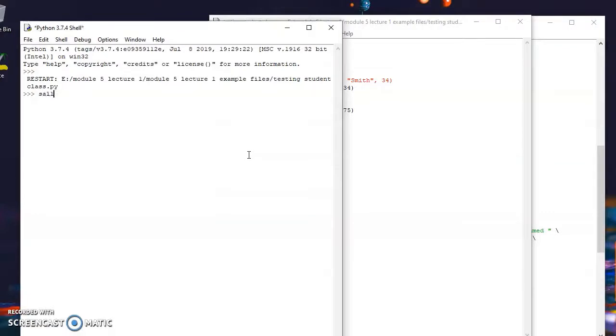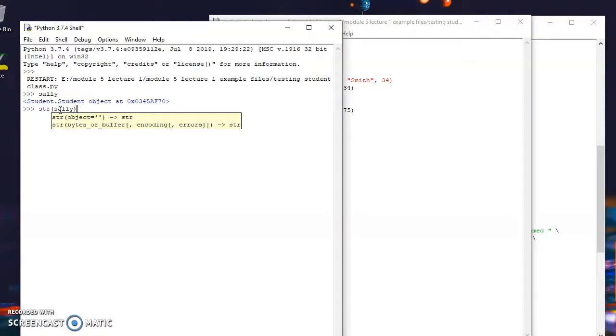And if we just ask for that Sally object, it tells us where it's located in memory. If we cast it to a string now, like we would do in a print method, or as the next lecture gets into graphical user interfaces, if we cast it as a string to fill up on the interface somewhere,